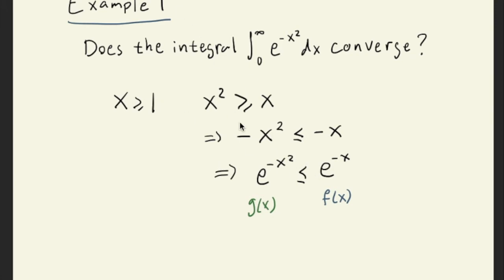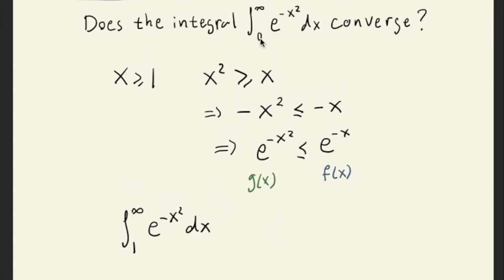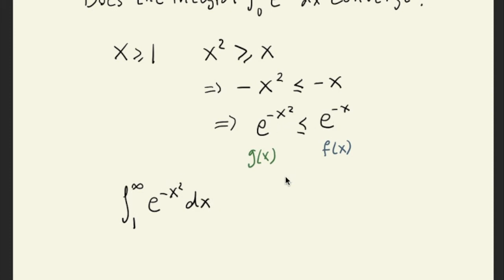So the one problem is that this estimate, this comparison, is only valid for x greater or equal to 1. But that's fine. You just break up the integral, right? So first we find that the integral from 1 to infinity of e to the negative x squared dx. So this is not the one that we're looking for, but I'm going to use the comparison from 1 to infinity. That's when it's valid, right? So because this function is smaller than that, then this is smaller than the integral from 1 to infinity of e to the negative x,